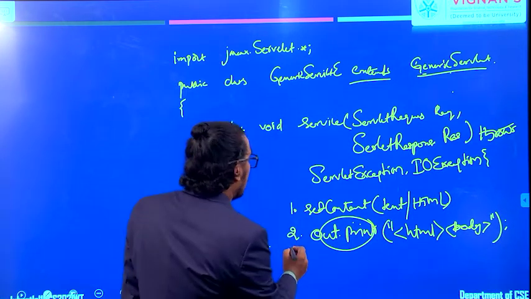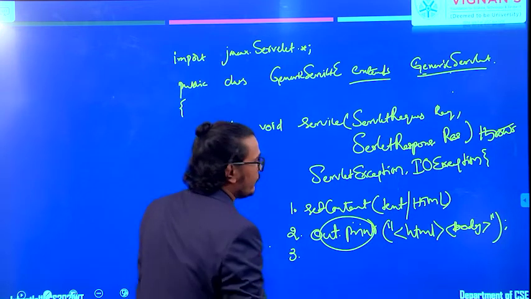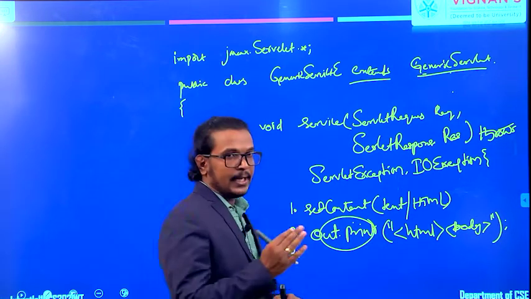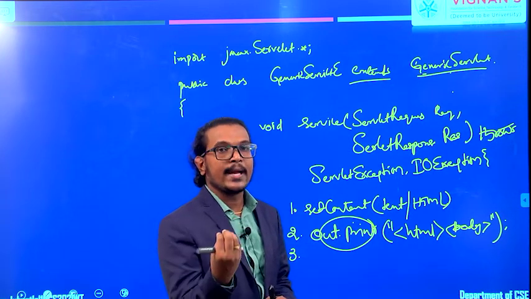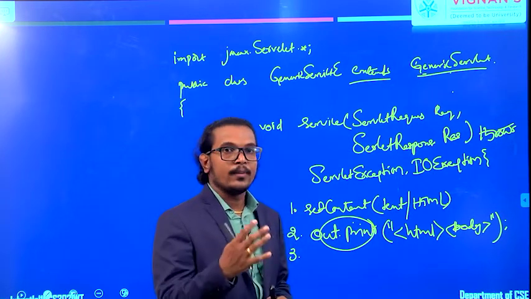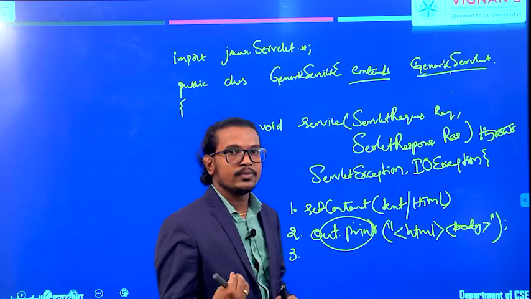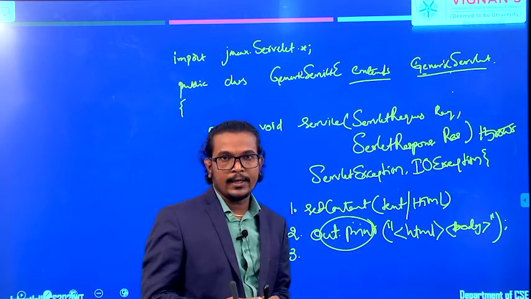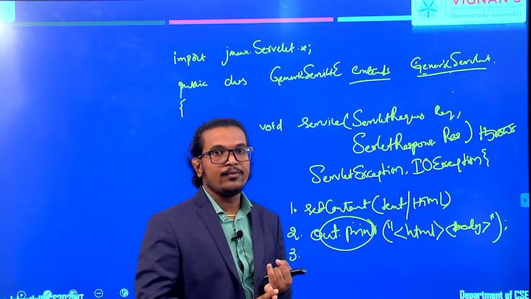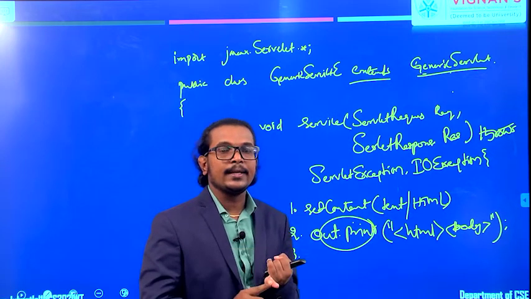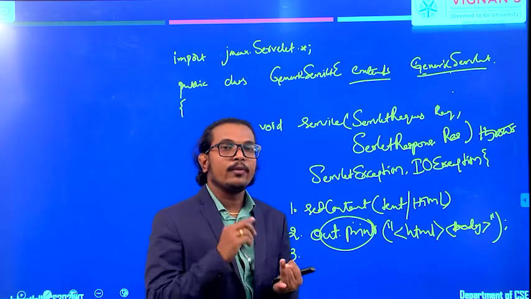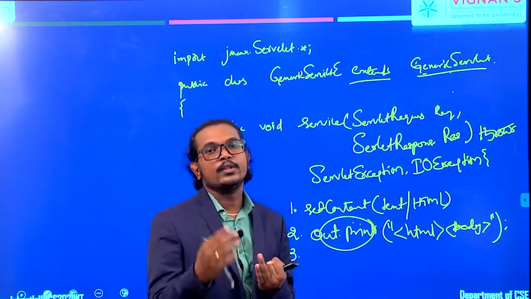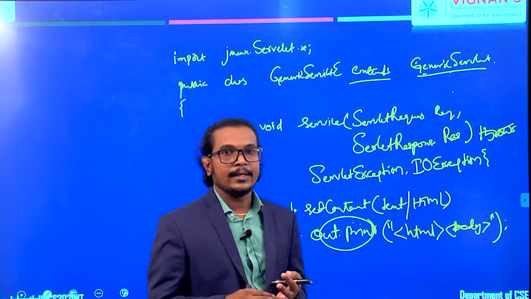Okay, clear? After that what are we doing here? After that we are getting the data and we are giving some response back, right? So for that, you are reading the parameters from the request form. What type of parameters are you reading? If you want to read the header parameters, we have some separate methods. If you want to read the body parameters, we use the get parameter method.